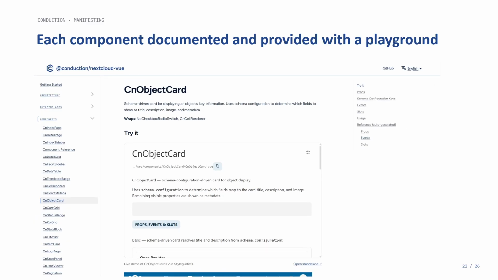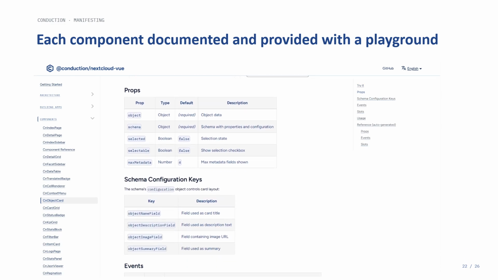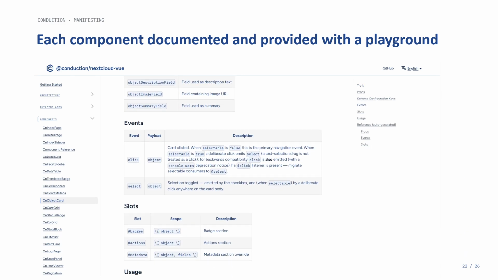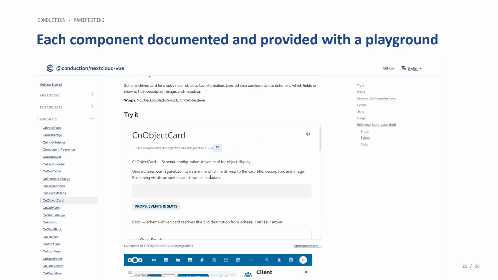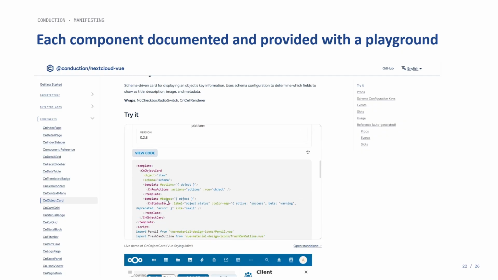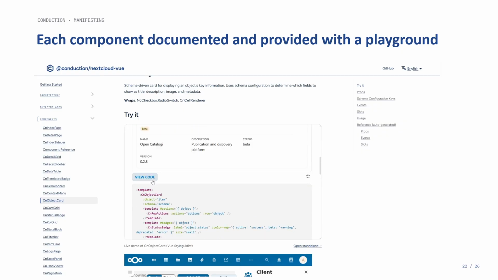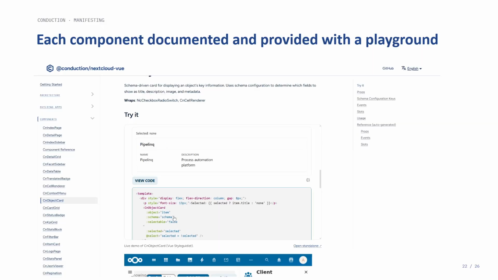We've also set up rich documentation online where each component gets explained in very great detail, how it can react, which properties it has, etc. And that environment actually comes with its own playground. So you can see what happens if you change code in the component. That means that you can also use these components without using the manifest system, but it also means that you can see what happens with a component if you change something in your JSON scheme manifest and how the UI is going to reflect that.